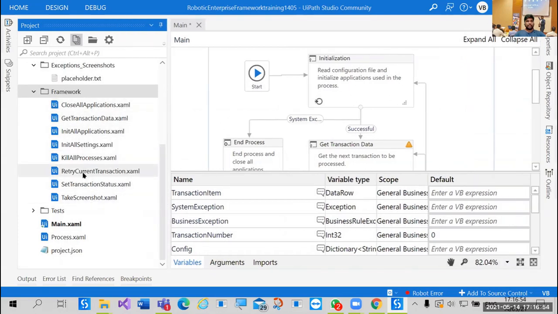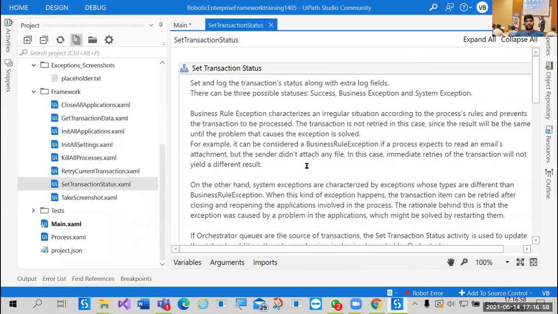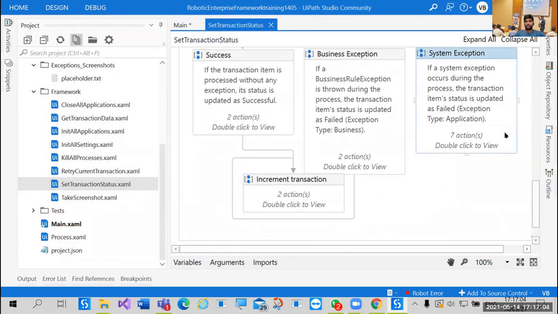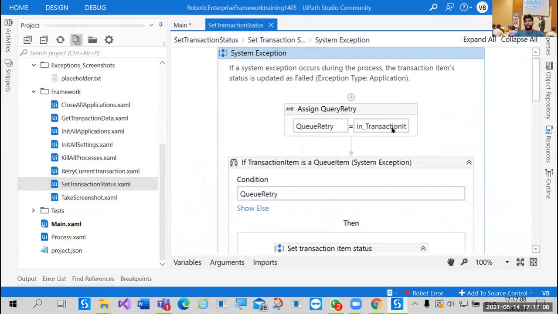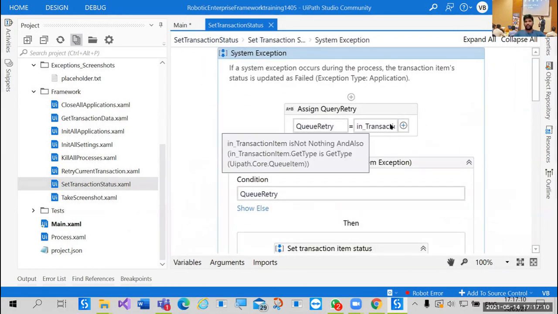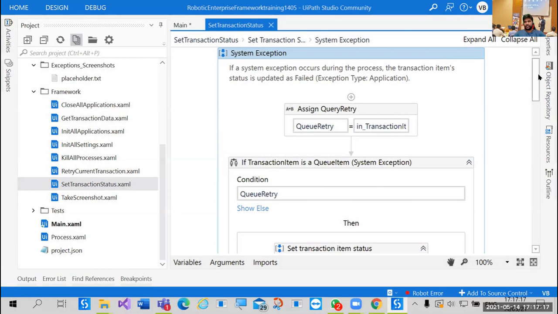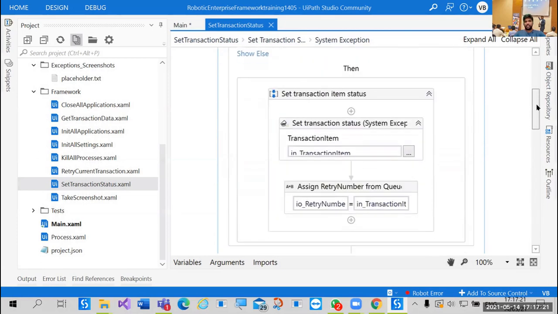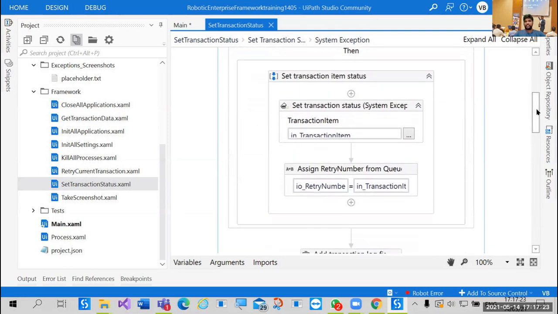And here is the Set Transaction Status. Now see, in the system exception, we are going a bit off topic, but try to understand. If the transaction item is not nothing and also it's of type queue item, then retry. We are checking the retry in the if condition, and there is no else condition here.